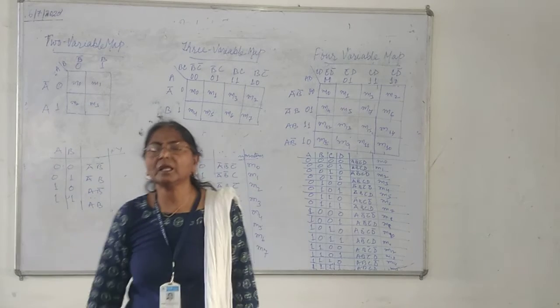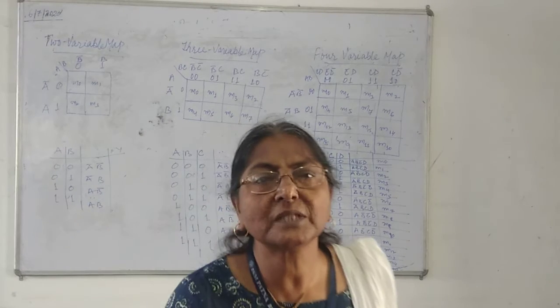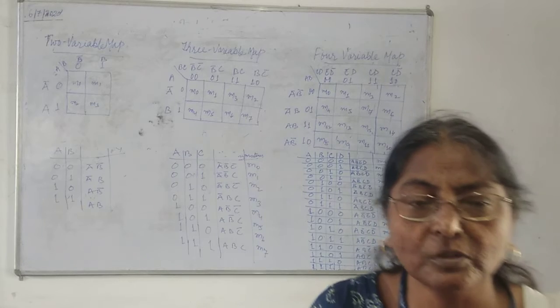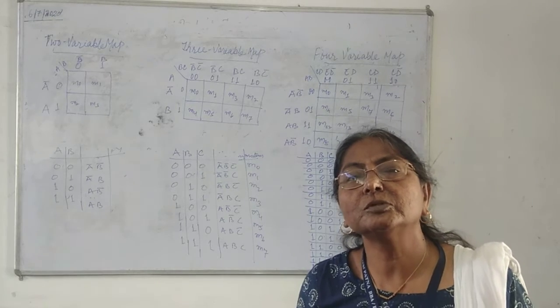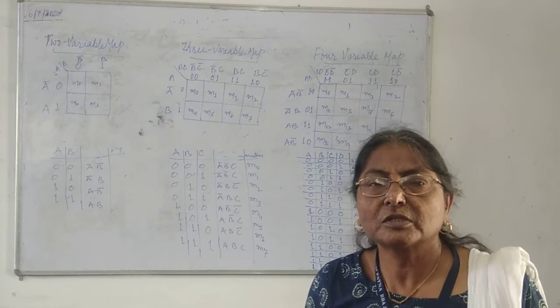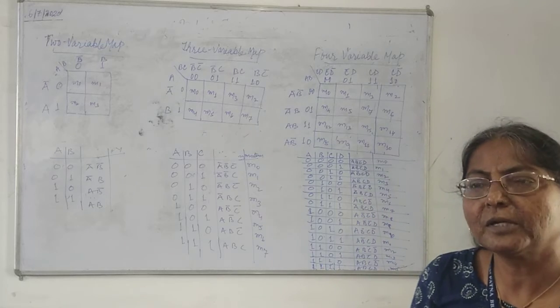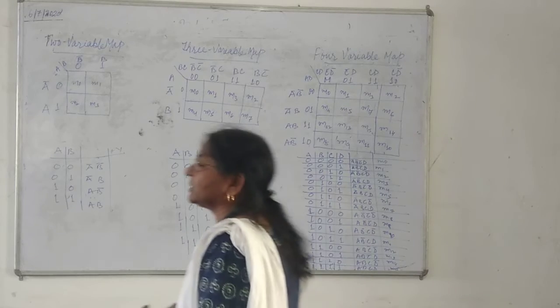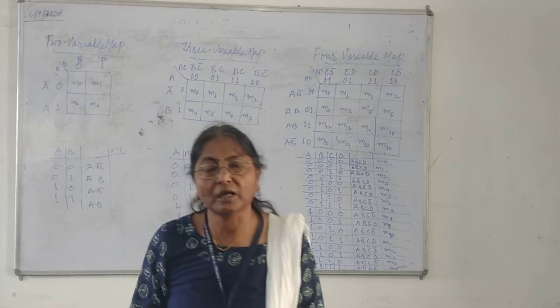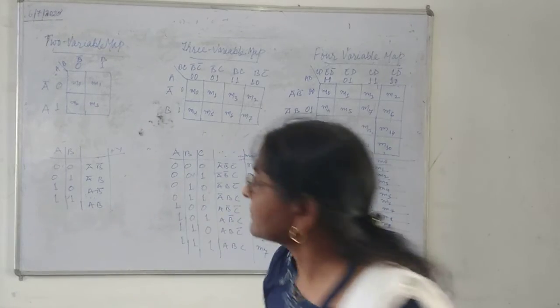But why have I written here a small m? A small m is the indication for min terms, because I am going to design the circuit. I am going to use the sum of product equation for designing the circuit, and in a sum of product equation every product is called a min term, for which the output I will get logic 1.